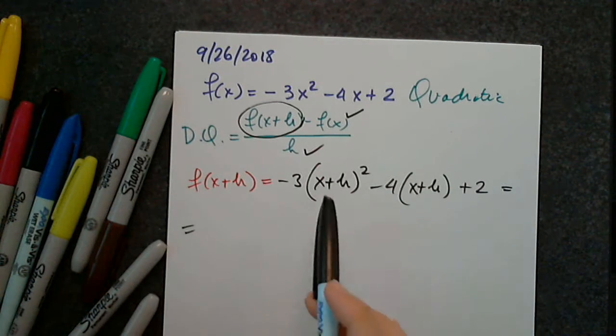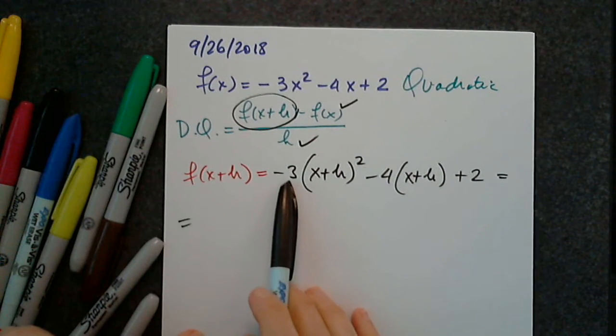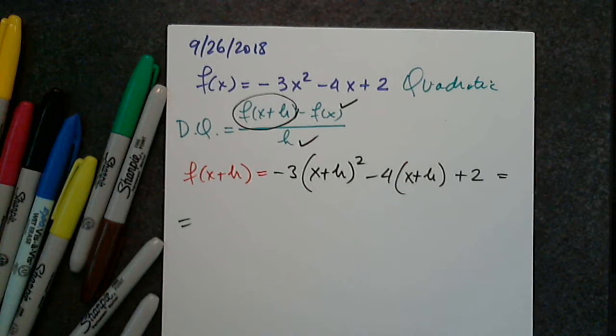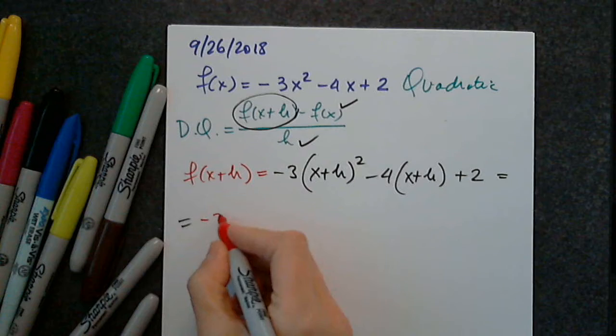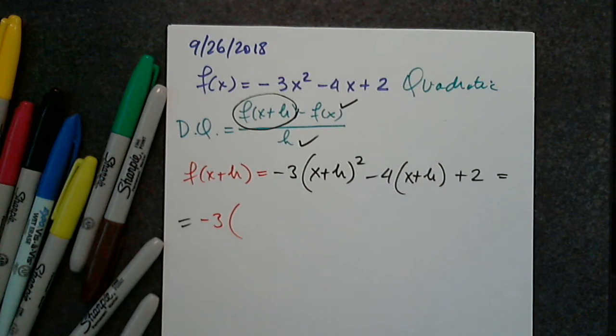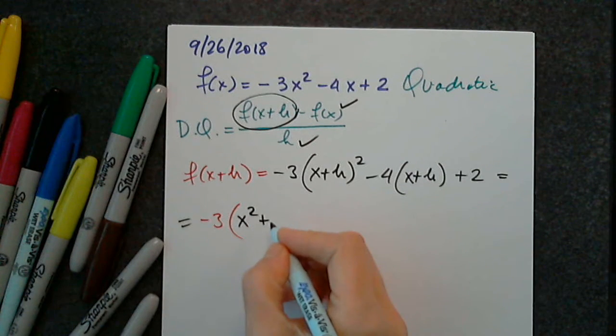Okay, so now I cannot distribute. Don't even try to distribute negative 3. Why can I not distribute? Exactly. Awesome. So then I have to write negative 3, and then what do I write? And for this part, we have an agreement from day one. x squared. Thank you. Plus